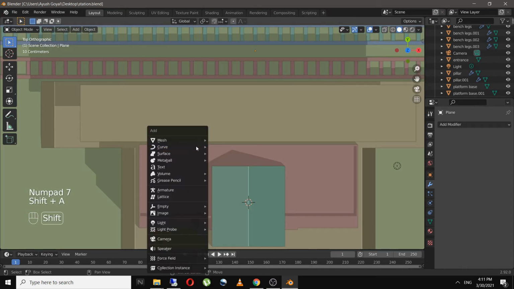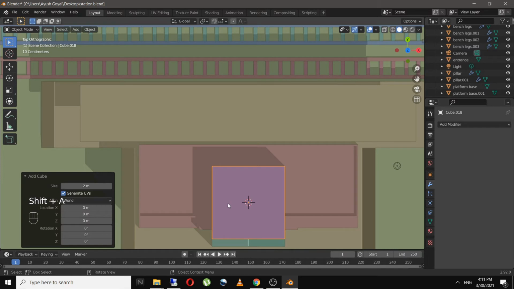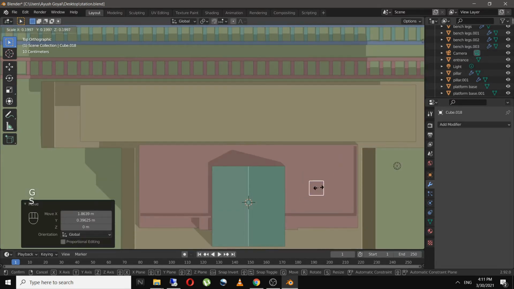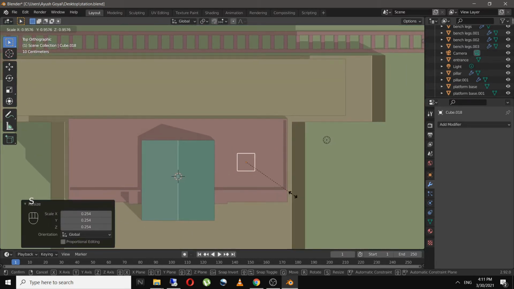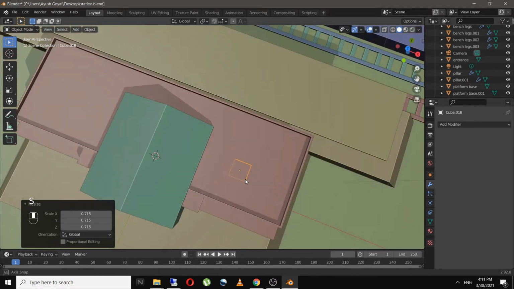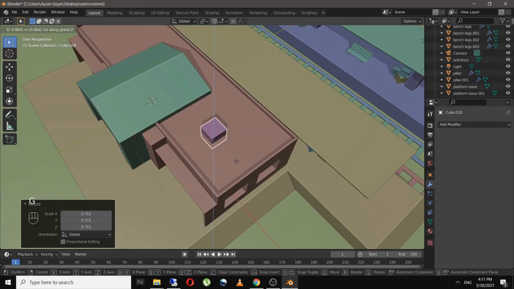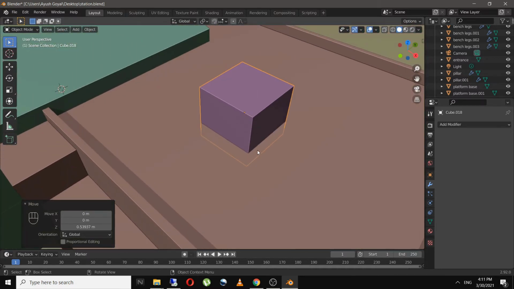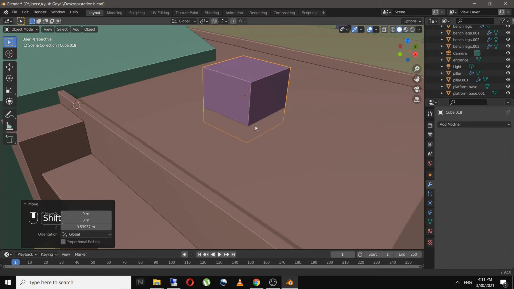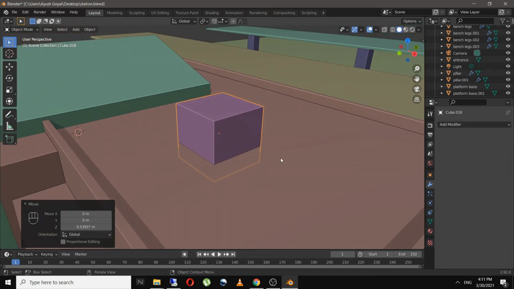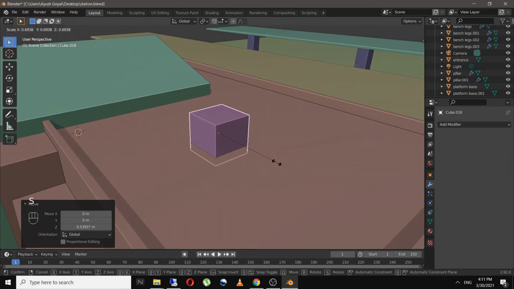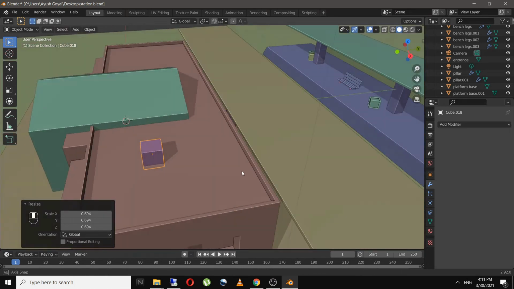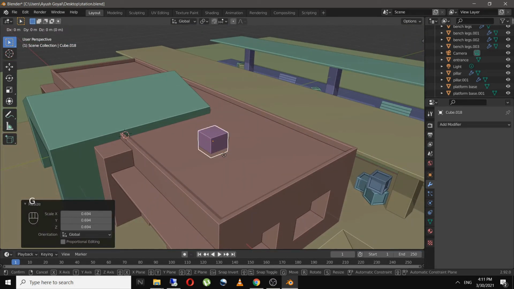And I want to add a chimney at the building, so I'll add in a cube over here. Scale it down, and let's place it somewhere at the corner, somewhere around here.